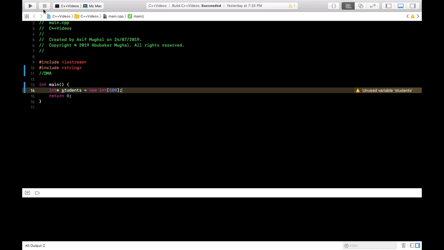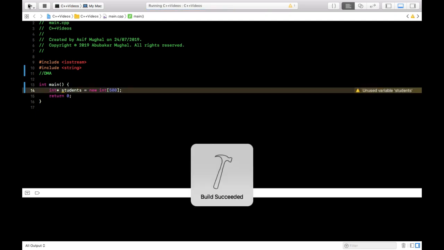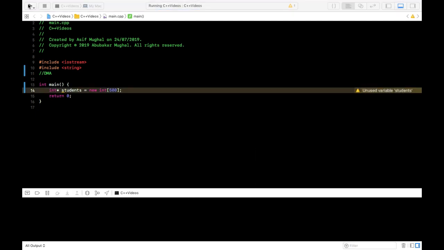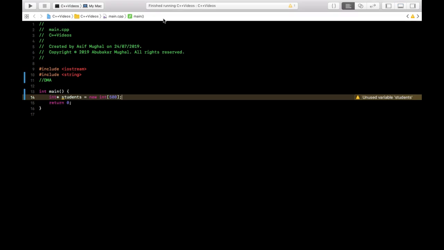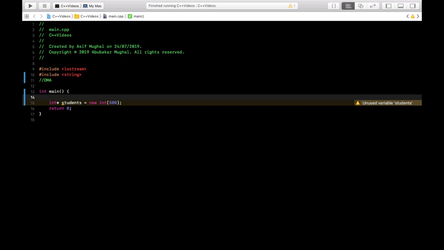Not yet. It will succeed right now. The array has been formed. I presume the program is still running. So now the memory has been created, not at compile time actually. So if I were to stop the program to